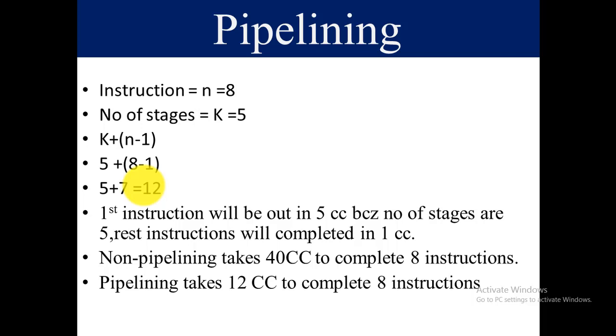In the non-pipelining mechanism, each instruction is executed in 5 clock cycles. Only one instruction is executed at one time. No other instruction can be executed while the first instruction is executing in the processor. On the other hand, pipelining helps to improve the performance by executing multiple instructions at the same time, overlapped.